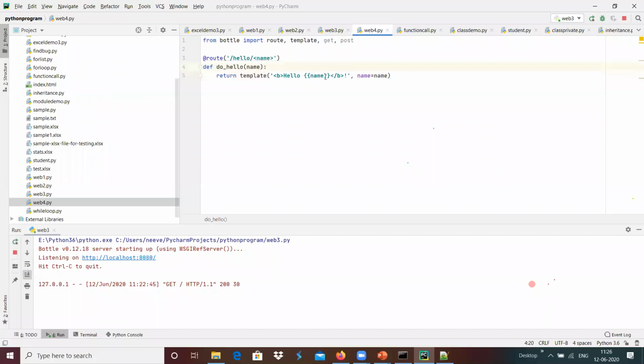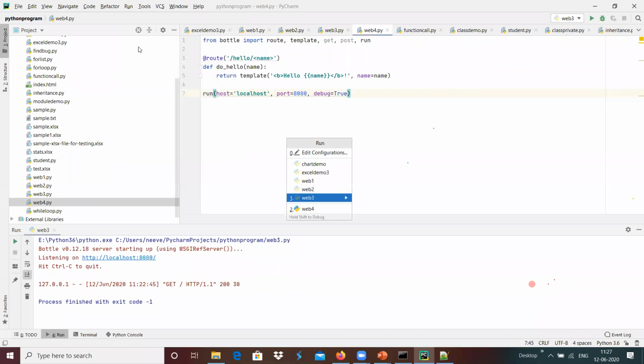The content can be provided with the help of name equals name. And I'm going to run this with the help of the run function, run of host equals localhost, port equals 8080, and debug equals True over here. I'm going to stop this execution and run web4.py.